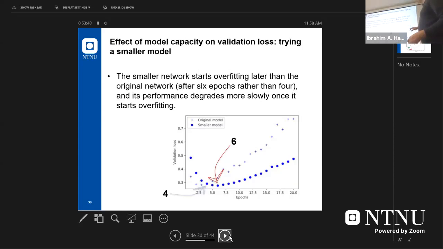So this is the curve which we need to see, in fact. So we have the smaller network, we have a neural network here. So this is the original model, in fact, this one. And when we use,